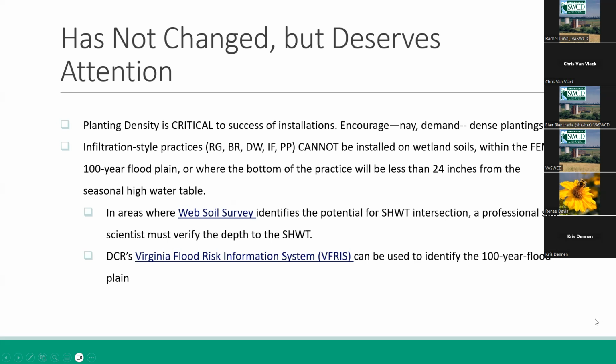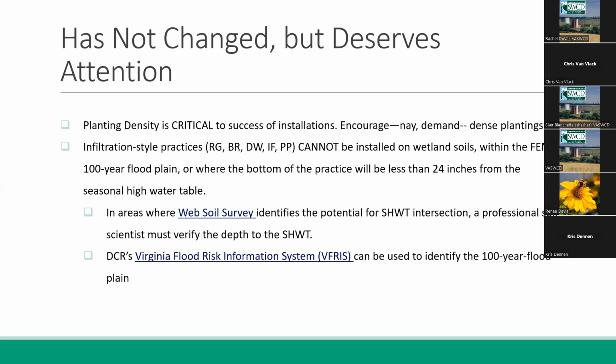Infiltration style practices cannot be installed on wetland soils within the FEMA 100-year floodplain, or where the bottom of the practice will be less than 24 inches from the seasonal high water table. So this has been in the manual for many, many years, but we want to bring it to your attention. So with the seasonal high water table in particular, we are asking that you use web soil survey to identify the potential for that intersection.